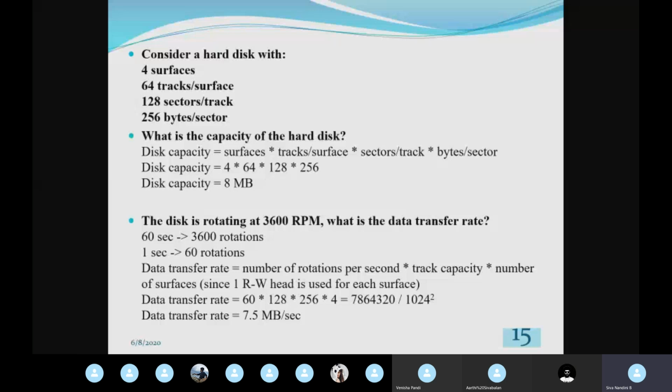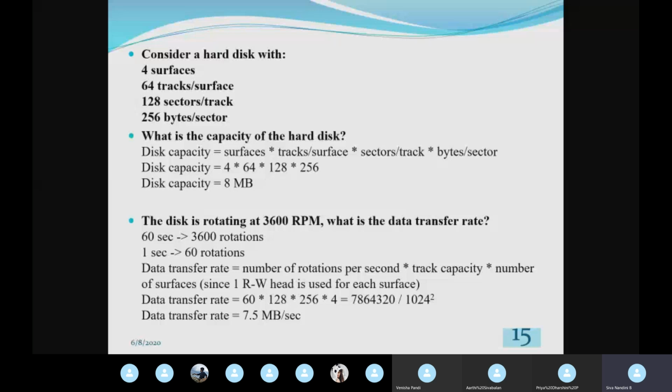So the number obtained by multiplying 4, 64, 128 and 256 should be divided by 1024 square to get the disk capacity in megabytes. Likewise, I have got the disk capacity as 8 megabytes. For converting bytes into kilobytes, we divide by 1024.